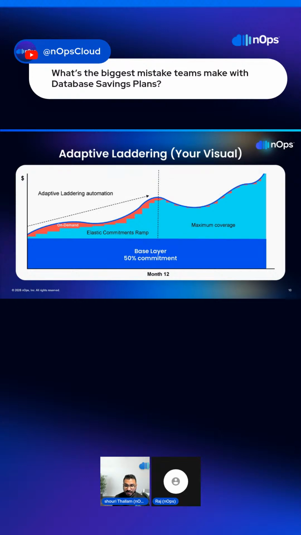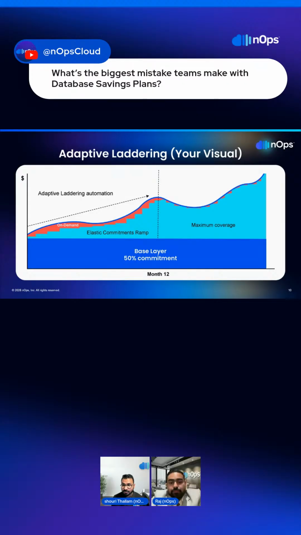Second one, please make sure you take recommendations from AWS on what dollar amount to go with, and try to be as conservative on the dollar amount as possible. And the third one is that customers do not know what their forever resources are, that is, legacy workloads that are going to stay forever, never going to be upgraded or changed, and what workloads are intermittent, staying temporarily for a project and then going away. They don't know how to model and forecast this in a flexible manner, and then they keep committing to a higher dollar value.